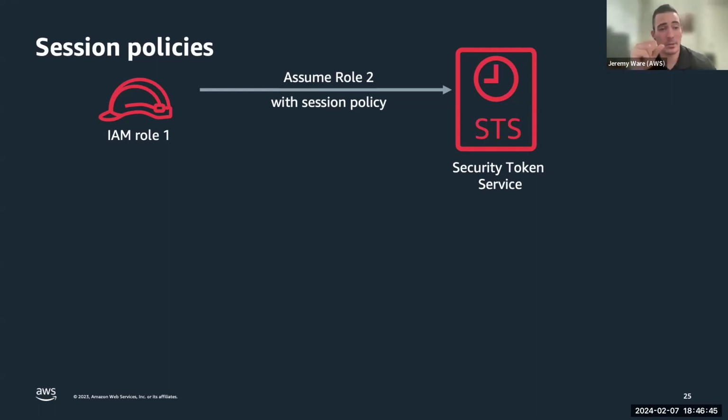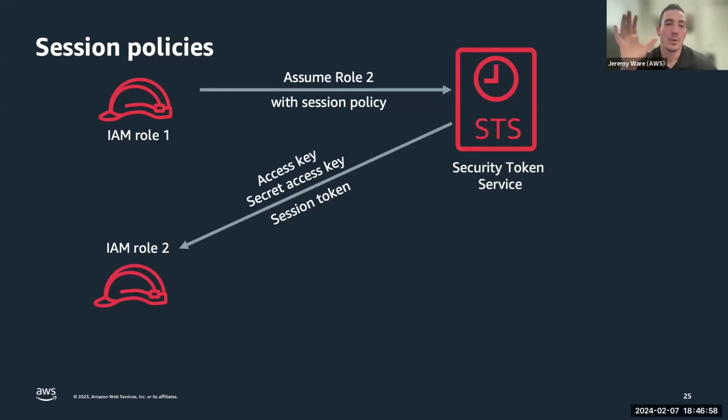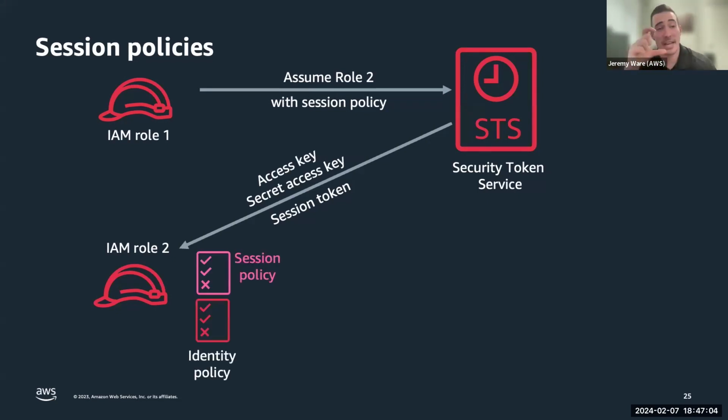So for example, let's say you have an IAM role and it wants to go ahead and do an assume role. So a cross account assume role, or this could be role chaining. A service linked role is going to assume a role in order to take some action. We're going to provide those temporary credentials from STS to give you that second role. But then we're going to have your identity-based policy and a session policy for that specific session of that assumed role that may affect the permissions that you have.